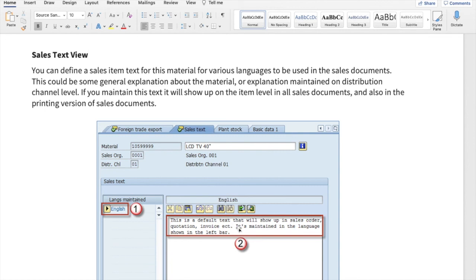It is a free text field. You can write whatever you want for that particular material: the detail, description, specification, dimension, the manufacturer information, or maybe the special handling information, or the safety information. All these things you can put over here.